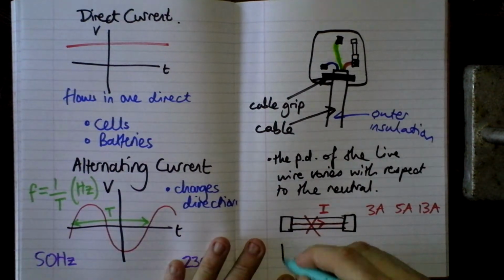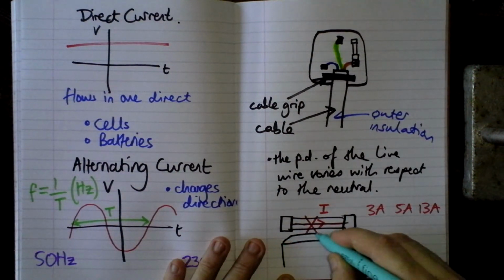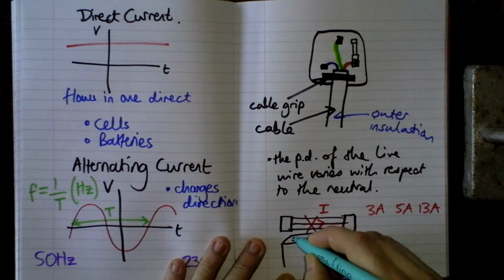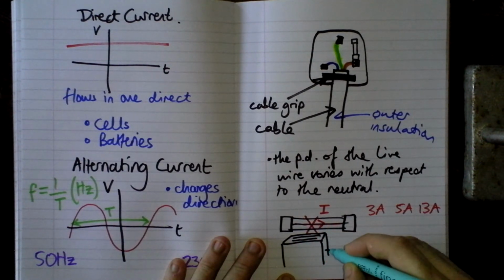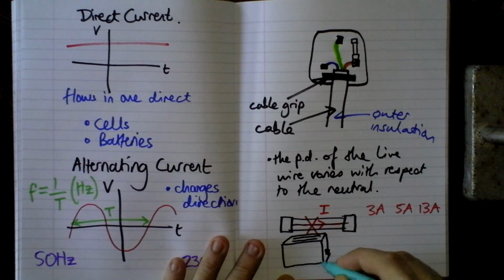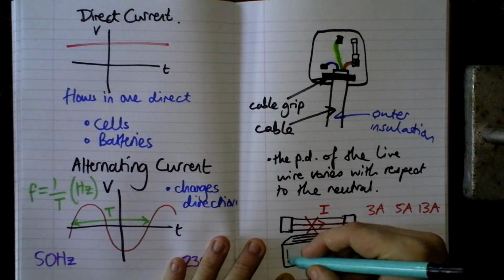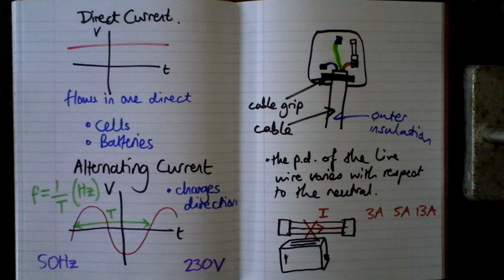If I have something made of metal, let's imagine a toaster, primarily because it's one of the few things I can draw. So there's a toaster. I've got a lovely shiny metal toaster. There we are. Now this metal toaster, because it's got a metal case,